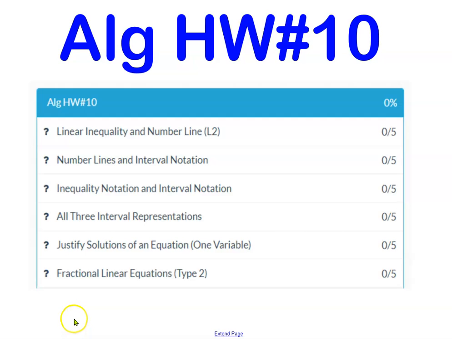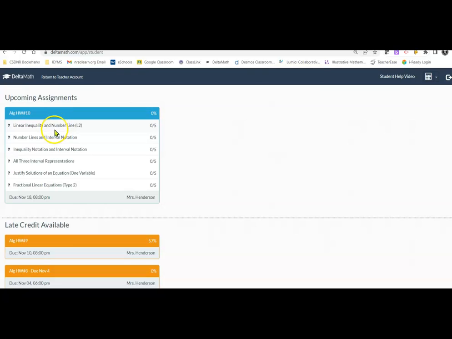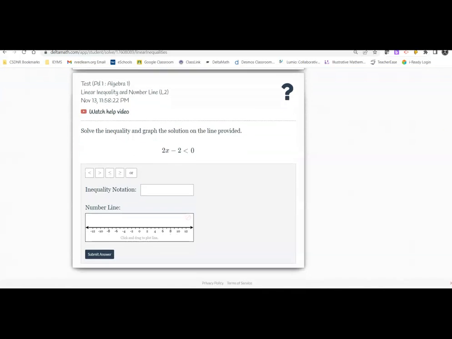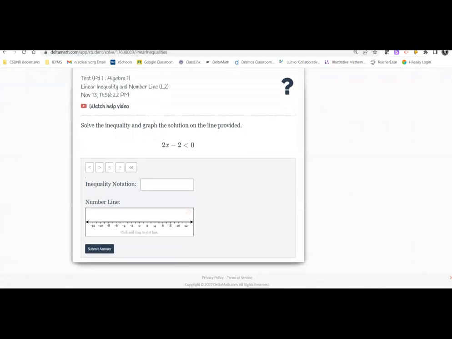This tutorial will help you to complete the questions on homework number 10. Let's take a look at the first topic, linear inequality and number line level 2. So in this task, you need to solve the inequality, and then you can graph that inequality on the number